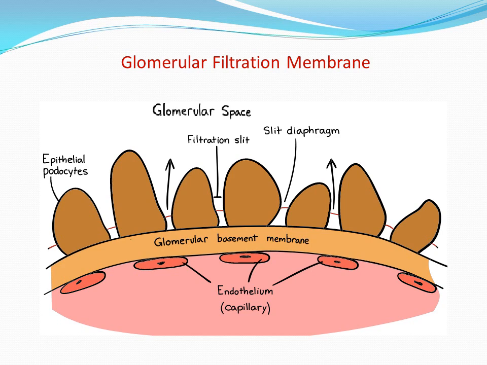Again, this is the same thing, a more enlarged structure. Suppose this is the capillary blood, this is the lumen of the capillary, and these are the endothelial cells. Between these there are large pores, around 80 to 100 nanometers. Then the glomerular basement membrane is basically made up of collagens and glycoproteins, which are negatively charged. Then this is the epithelial cell layer containing the epithelial podocytes, in between which there are thin slits known as filtration slits. They are again bounded by a diaphragm, known as the slit diaphragm. So this is the glomerular filtration membrane through which the plasma will be filtered from here to here.